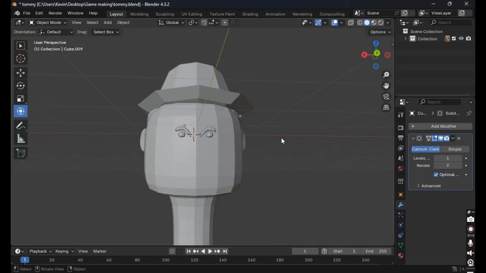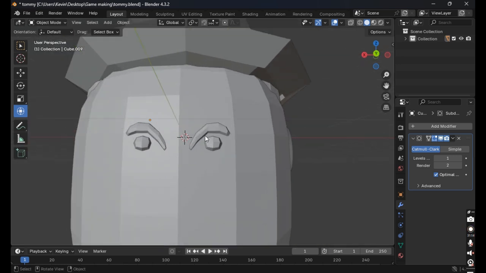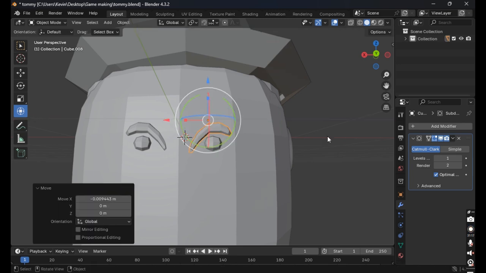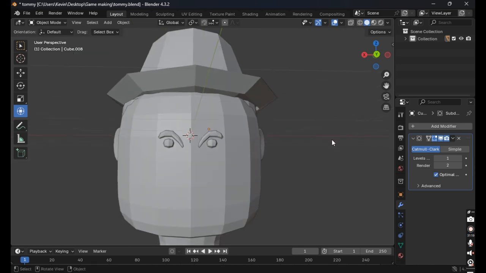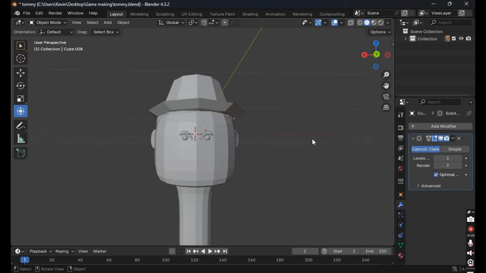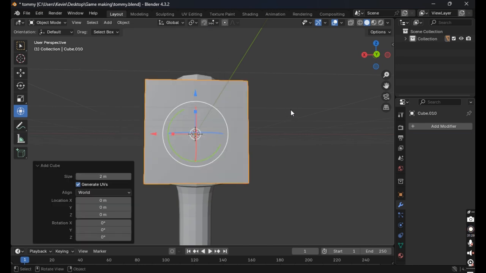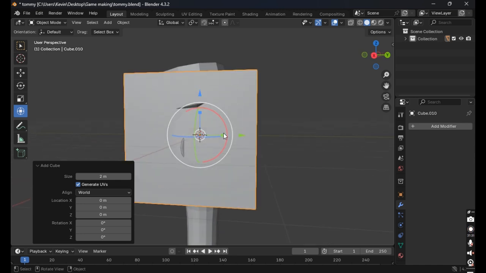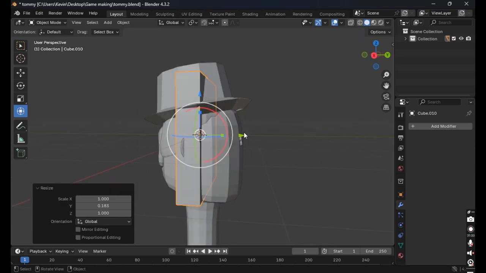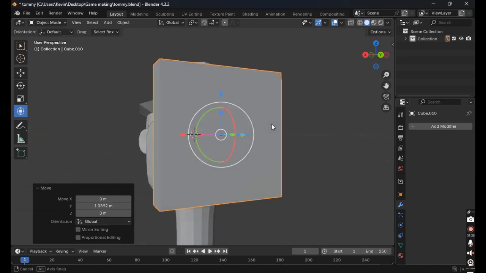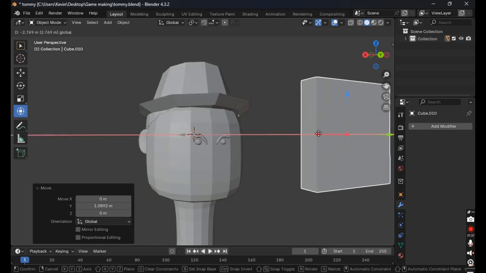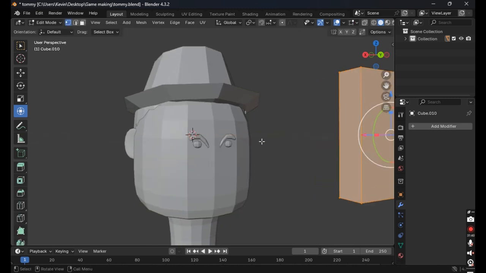Now that we got the eyes of the characters done, I'm gonna try to do the smile one, but I don't know how that one will go. I'm just gonna go add a cube. We got around 4 more minutes to do this, so we got some time. You know what? Before I do that, I'm just gonna go over here to our meshing one and add